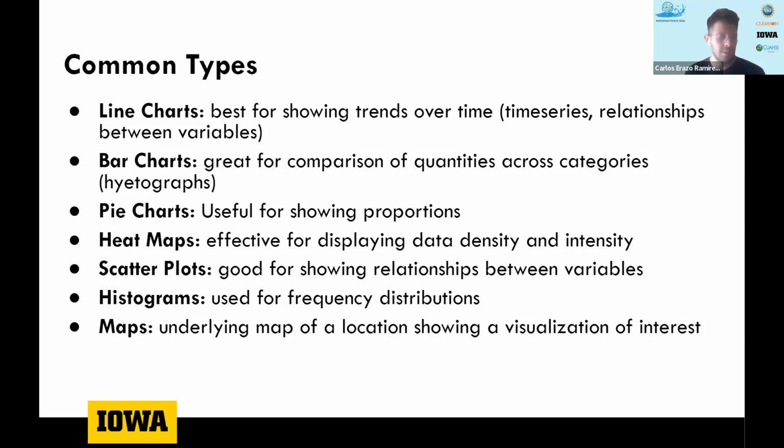And this is very interesting, how people utilize all these tools to showcase their data. Histograms are great for frequency distributions. You can fit a line chart within the distribution too, and maps, which is on its own a big component